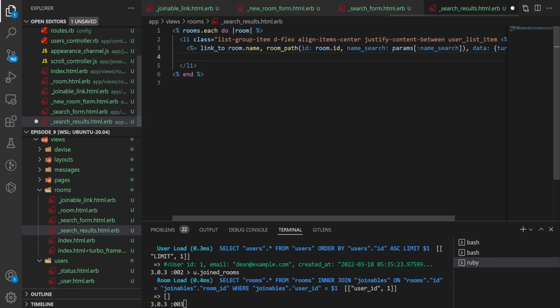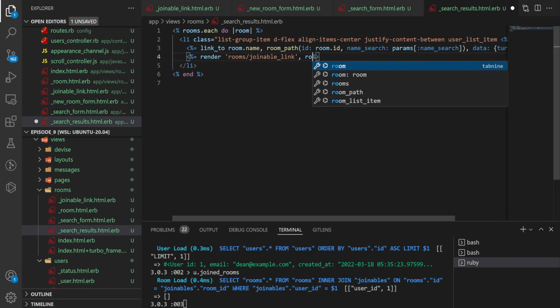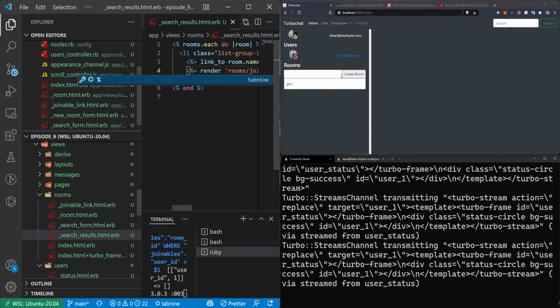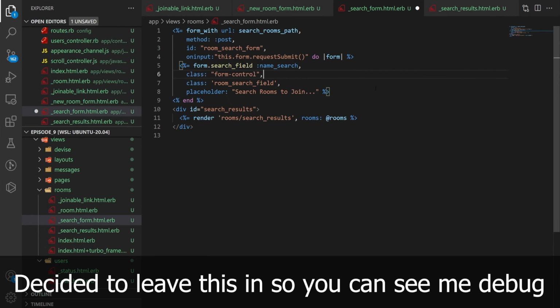And in here we want to do the same thing. So we'll do a render of room/joinable_link. We'll pass in a room of room. So now if we come over here and refresh and we search for general, we're actually missing some stuff here,